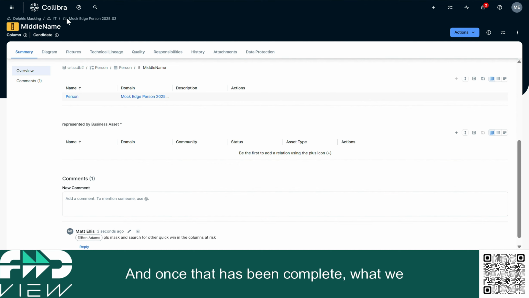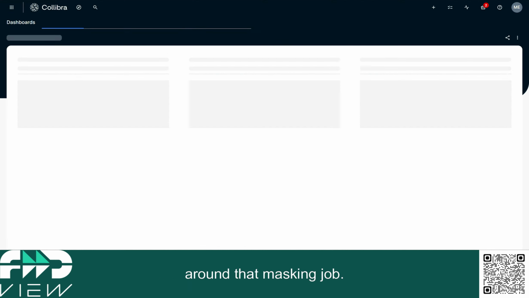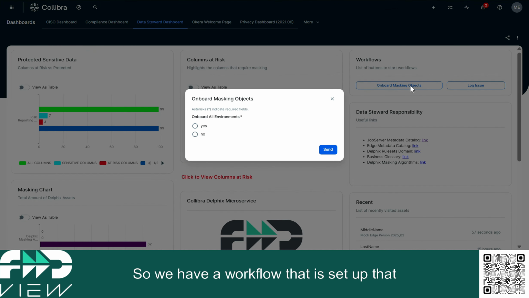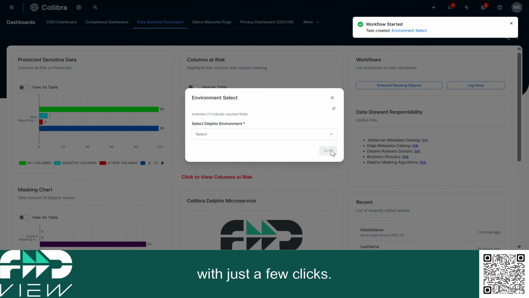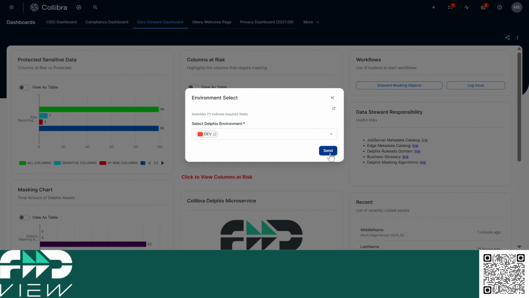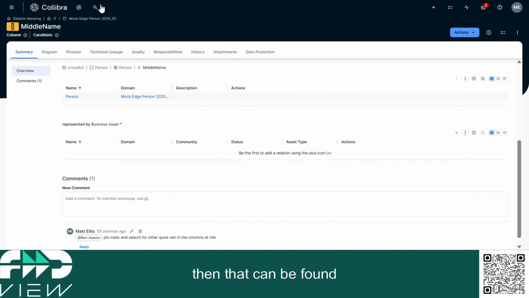And once that has been complete, what we can do is we can ingest the metadata around that masking job. That is done here. So we have a workflow that can be set up to run overnight, but it can also be triggered from the dashboard with just a few clicks. So I'm just selecting the environment I would like to ingest from and going from there. So that is ingesting the masking job from Delphix, and then that can be found